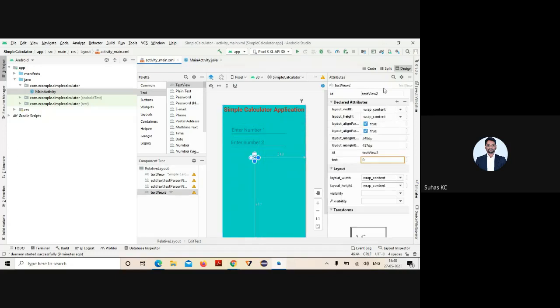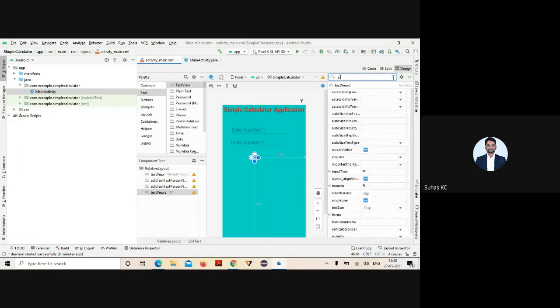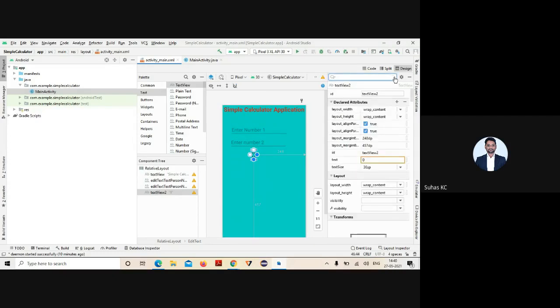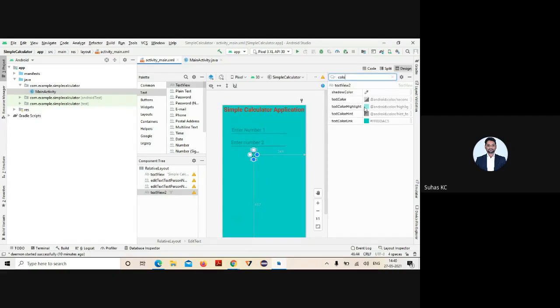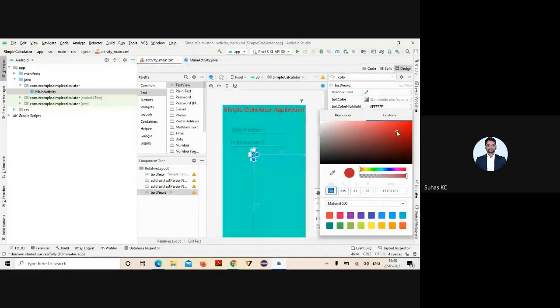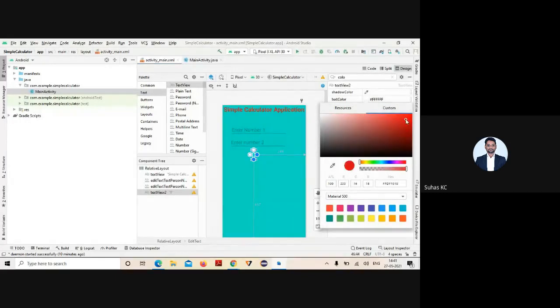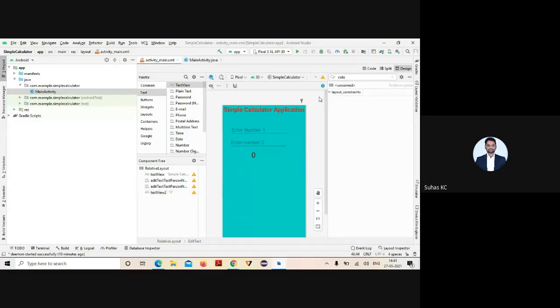It is used to display the result. And you can change the size of that. Go to attribute, just give size. Hope you are clear with this. And you can also change the color of this one. Text color, or it can be hint, whatever it is there. You can change whatever I want. This is your text color. Hope you're clear with this, guys.